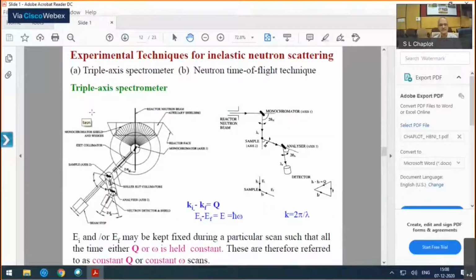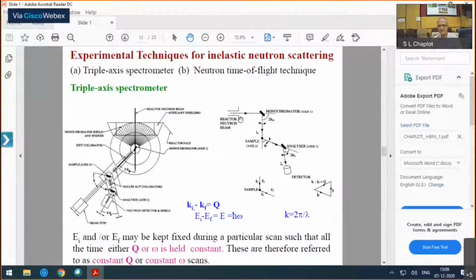Now, let's just look at the first one, that is the triple axis spectrometer. Conceptually, what it has is the following. It's pretty simple. You have neutrons coming from the reactor. So it's a continuous beam of neutrons, but well, it doesn't have to be. You have a monochromator crystal, and you take a Bragg reflection. So depending on the Bragg angle, you can get a corresponding wavelength here. Okay, if the wavelength is lambda, the wave vector magnitude is 2 pi by lambda. Okay, this we have already seen. This falls onto a sample.